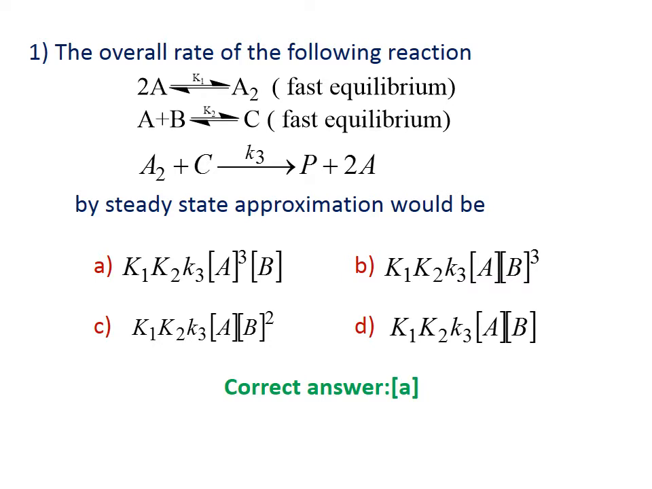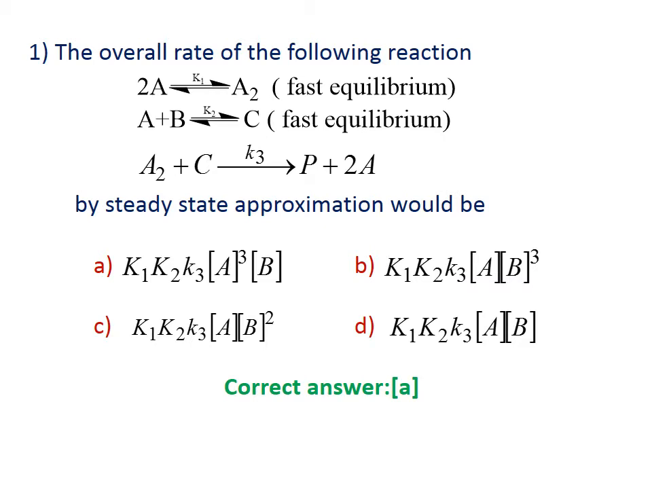Welcome to this program. Now we are going to discuss the answers for the objective questions in unit 10. Question number 1. The overall rate of the following reaction: 2A reversible arrow A2, fast equilibrium, K1 is the equilibrium